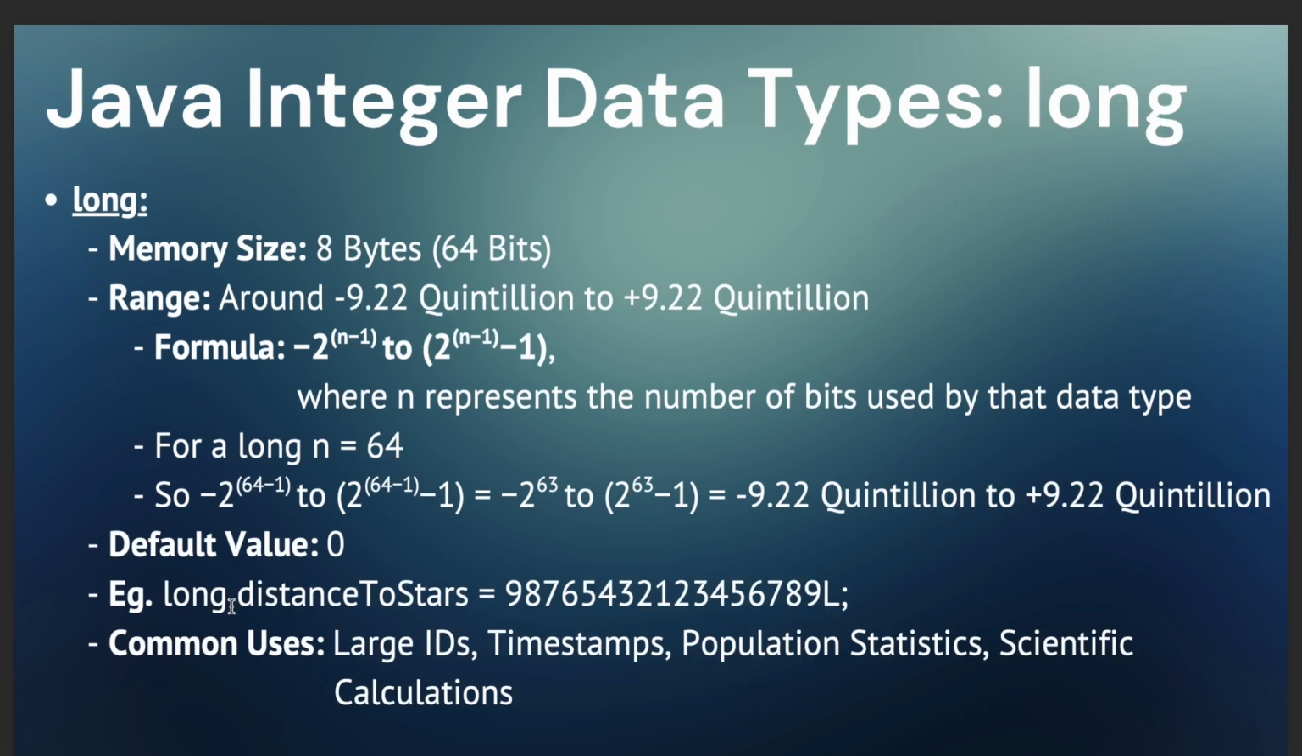Sometimes even int is not large enough. Imagine storing the distance between planets, Earth's population, total number of website visits over many years, the number of stars in a galaxy, scientific calculations. These values can become extremely large. For such situations, Java provides long. A long occupies 8 bytes or 64 bits of memory. Its range is approximately minus 9.22 quintillion to plus 9.22 quintillion. Its default value is 0. For example, long distanceToStars is equal to